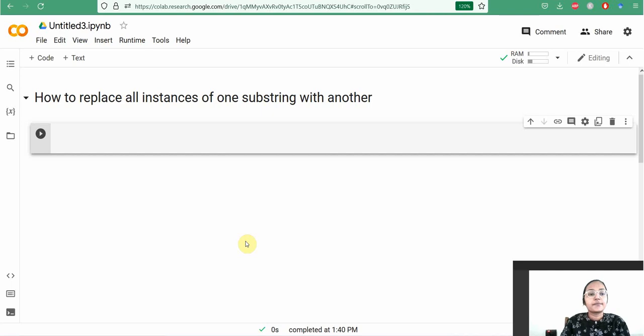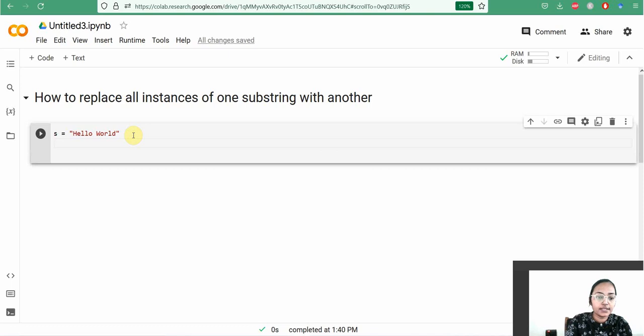Hello friends, this video shows how to replace all instances of one substring with another. Here, first we are giving the string value to the variable s, that is "hello world". Then, using the replace method, we can replace the substring from this string to